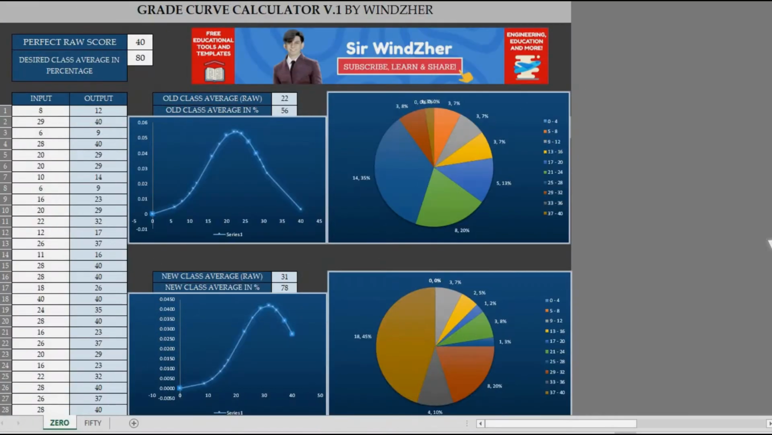Today I'm gonna show you how to use this free grade curve calculator, which you can download through the link